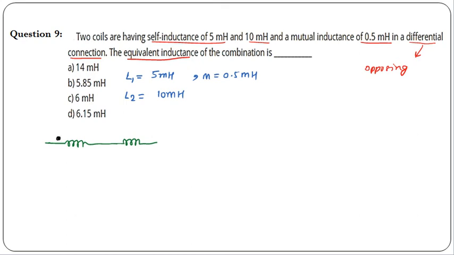So अगर इसके लिए डॉट यहाँ पे मीन्स करंट इज एंटरिंग इनटू द डॉटेड टर्मिनल फर्स्ट, सो इसके लिए इट विल बी एंटरिंग द अनडॉटेड टर्मिनल फर्स्ट. सो दिस इज